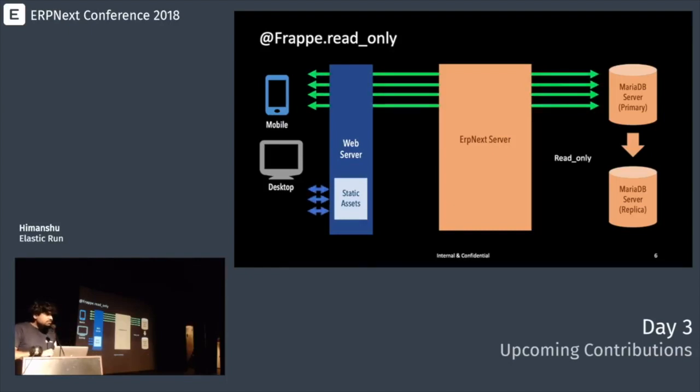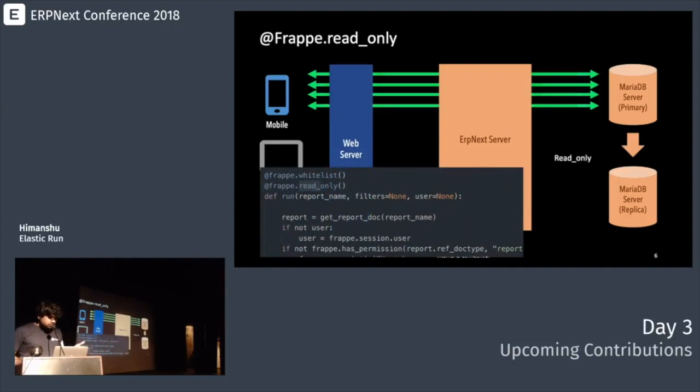This contribution was not made in the last 2 days. It was an earlier contribution, made by the Frappe team themselves when they came to our office. The contribution was introducing a frappe.read-only decorator in the Python functions. This is how you implement that decorator: you simply add the frappe.read-only decorator on top of your function. And what exactly it will do is